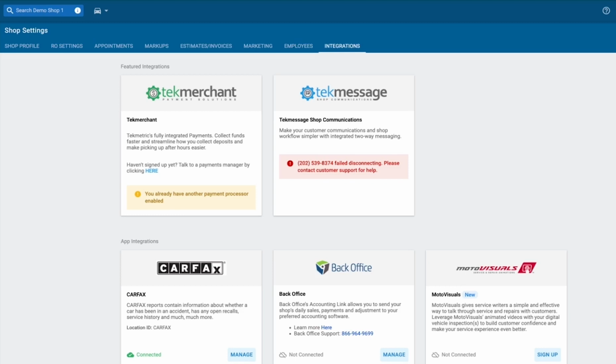So oftentimes it is difficult to explain vehicle repairs to non-technical customers, especially when you're trying to explain over the phone or via email. So the MotoVisuals integration is actually a library that contains hundreds of repair animations in order to help better explain to car owners what certain parts of their vehicles do and the importance of getting them